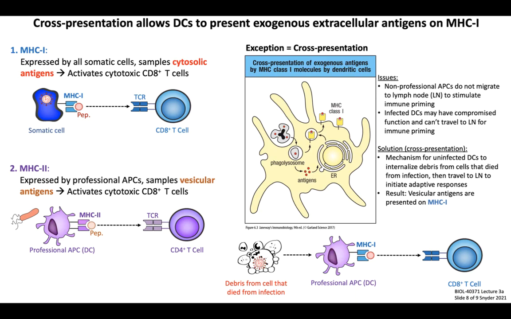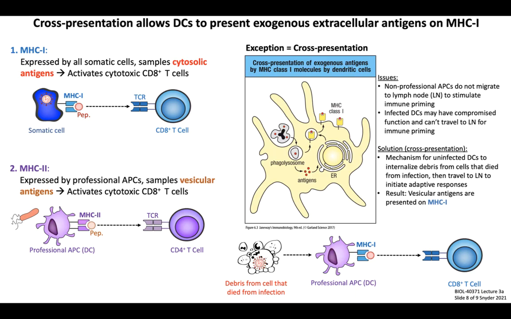Although most cells express MHC1, non-professional APCs actually lack the ability to migrate to the lymph node from their tissue of residence. So they can only stimulate CD8 T cells that have already been activated and migrated to the site of infection. DCs, however, are specialized in that they can actually pick up antigen from a peripheral site, then enter the lymphatics and migrate to a lymph node where they can then initiate immune priming through the activation of naive